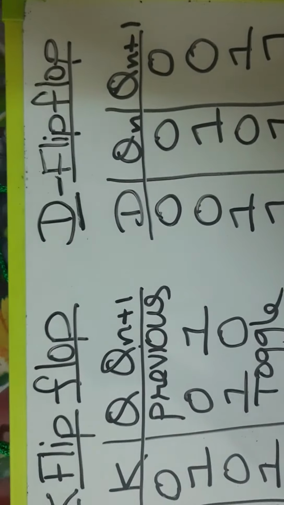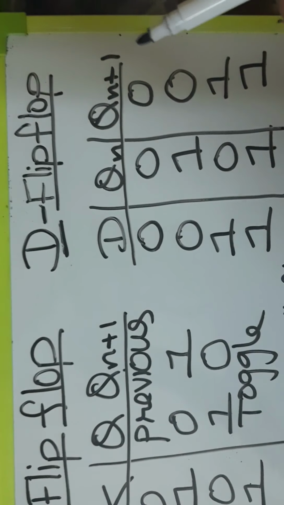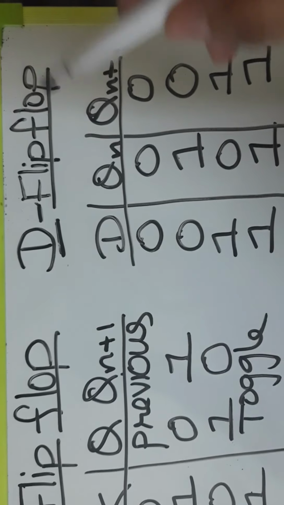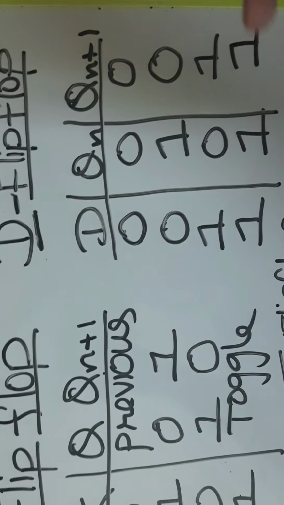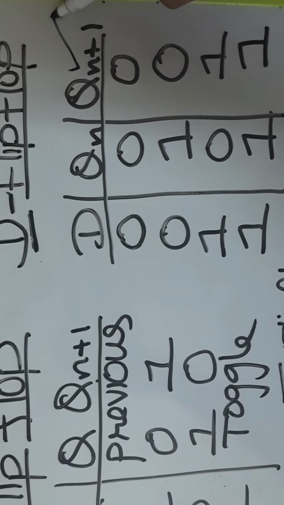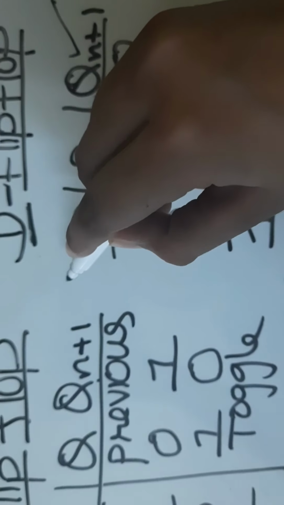Next, I will talk about the very important D flip-flop. Generally, in counters, the D flip-flop is used as it is very simple. We will see how. Now, the value of Q of n plus 1 will directly be dependent on the value